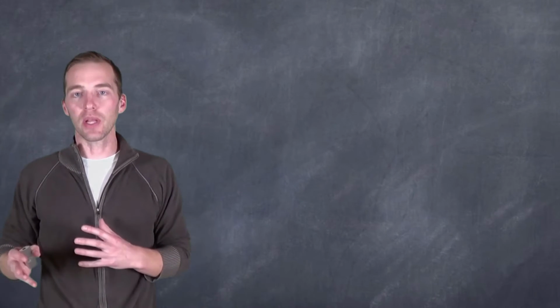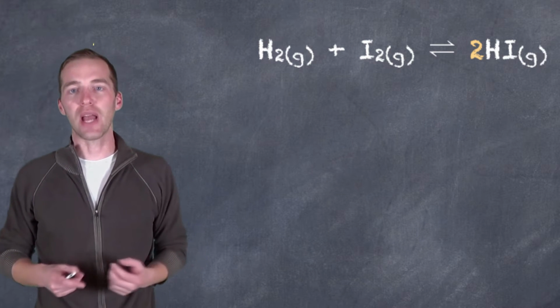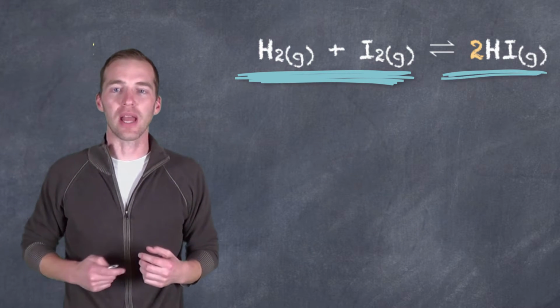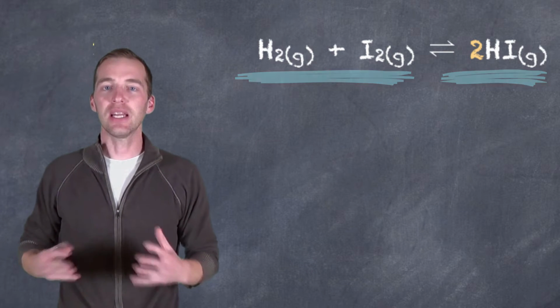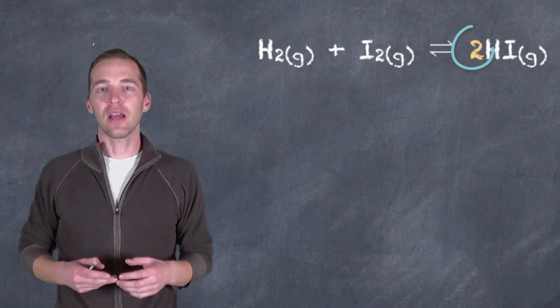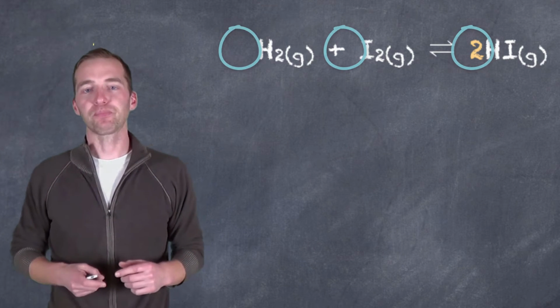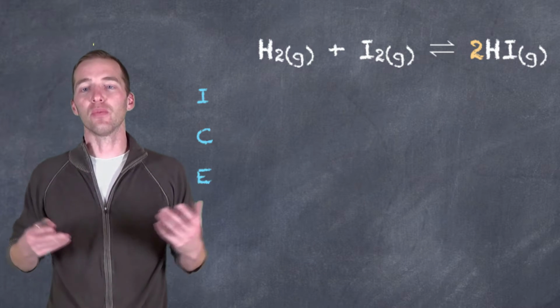So here we have an equilibrium system between three gases. We have two reactant gases and one product gas. So we have hydrogen gas and iodine gas forming hydrogen iodide in an equilibrium with that. We can see that there are 2 moles on the reactant side and there are 2 moles on the product side. So if we set this up in terms of our ICE table, we can see that we have our